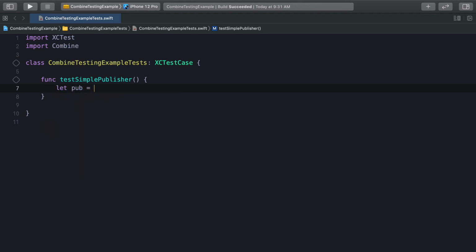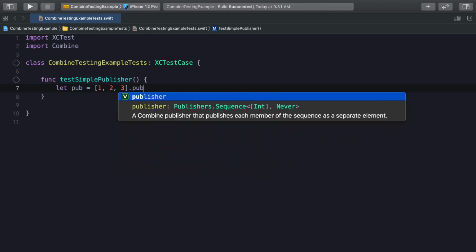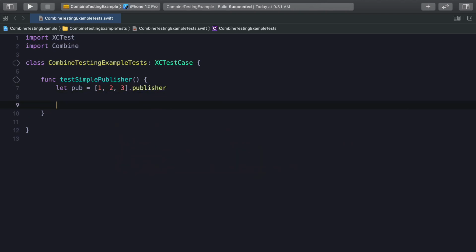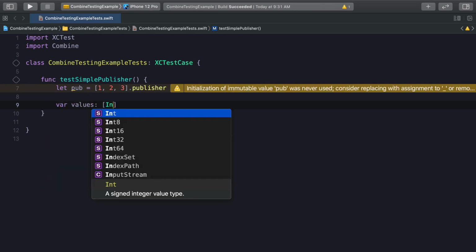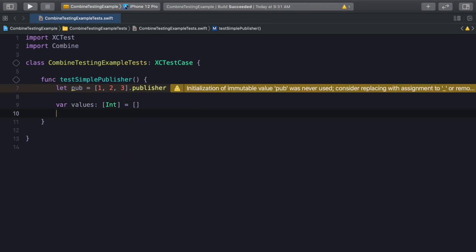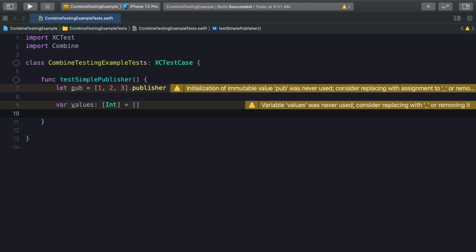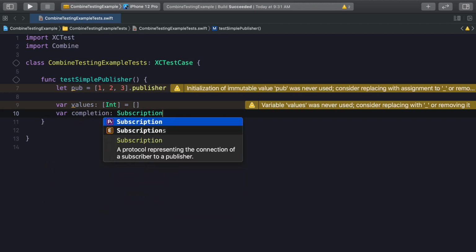So I will create a publisher of integers, 1, 2, and 3. And that will give us our publisher. Then I want to get some values out of that. So we're going to create an array of integers that we can then do some assertions on later. And then we also want to check what kind of completion we get. So I'm going to create a